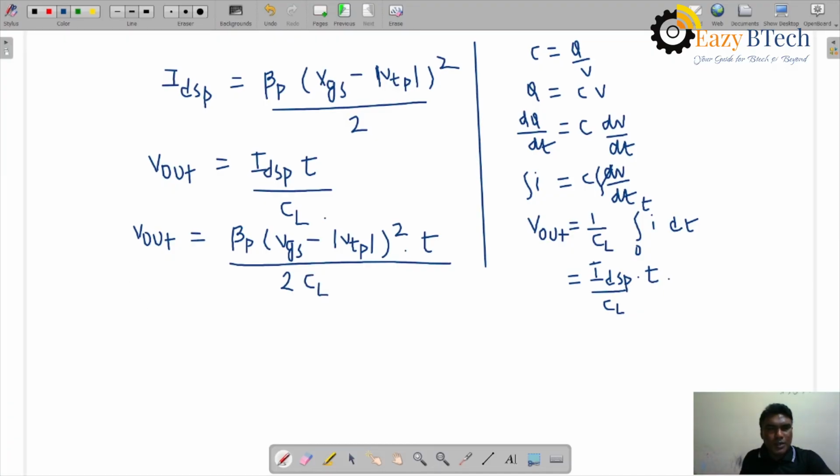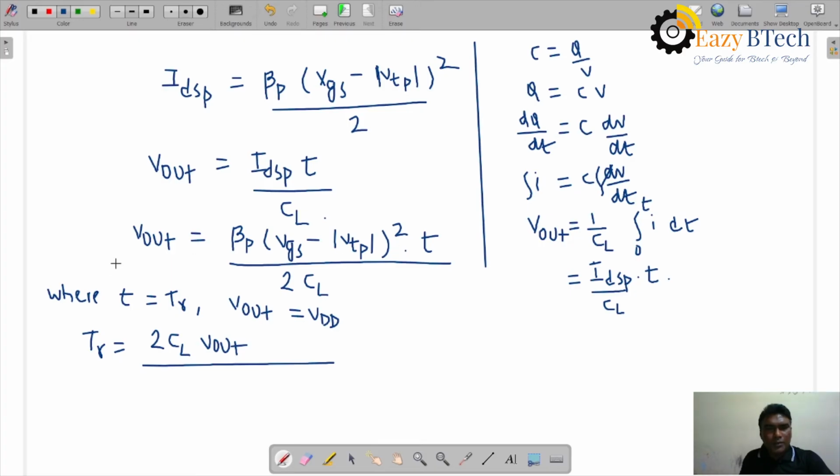Then substitute T equal to TR, the rise time, and V out equal to VDD. Now what is T in this equation? TR. Writing this equation, TR is equal to 2 into CL into V out,